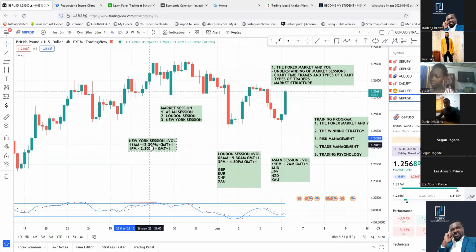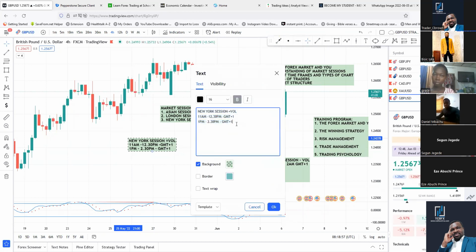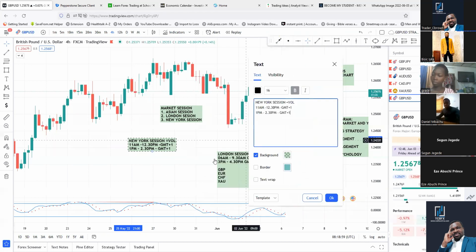Now, you need to focus on this time if you're trading the New York section to make some money. Trust me, by the time it's 2:30, if you are still in the market, what are you doing? You've lost the opportunity. There's no more trade. Everything is consolidation up to market close.